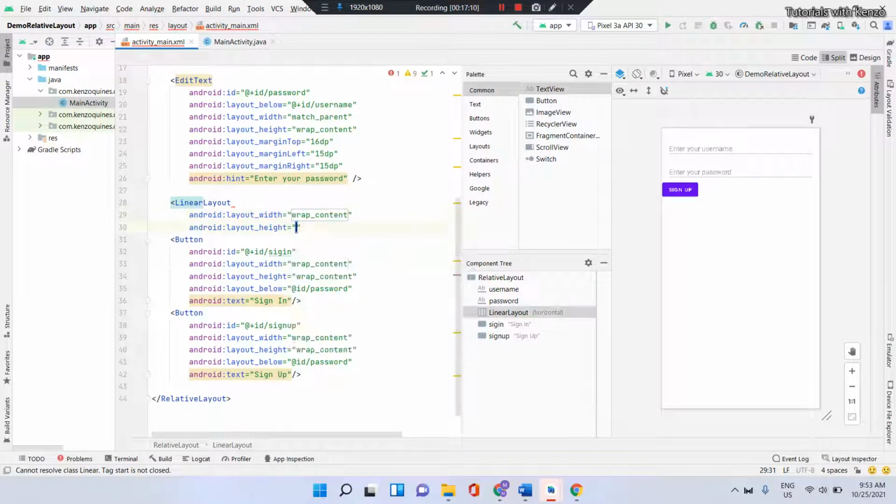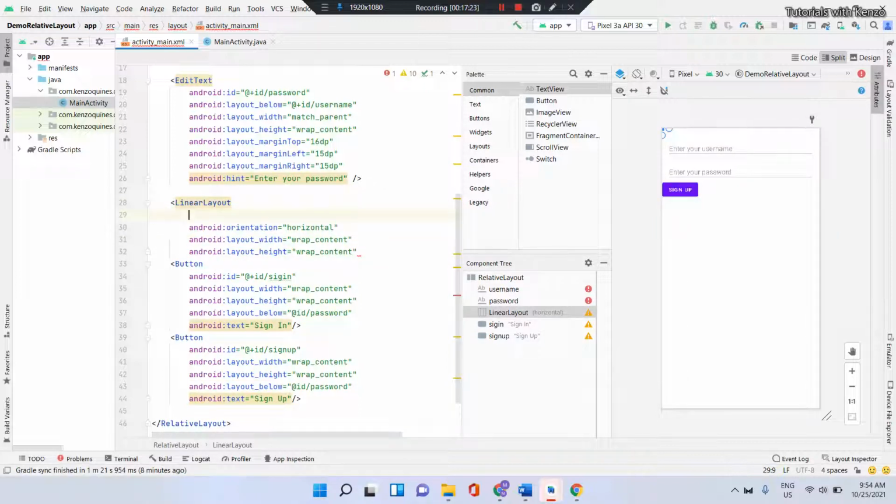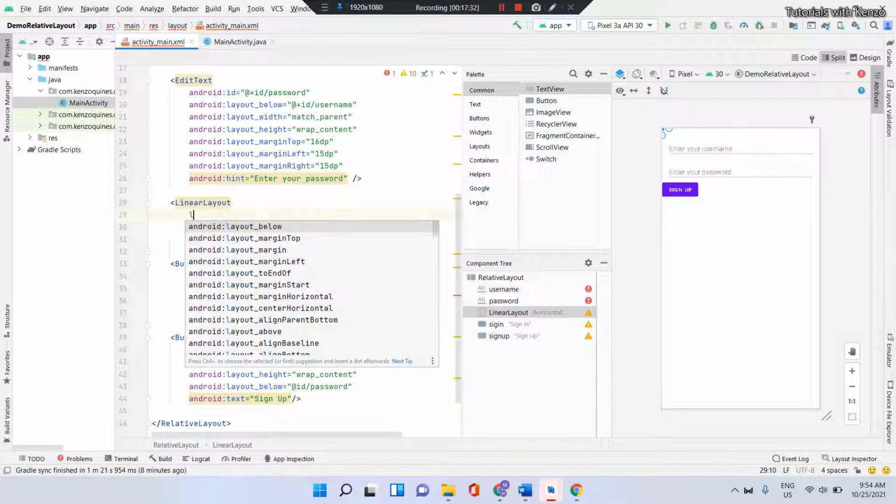Okay, and wrap content, and then let's put orientation to be horizontally arranged. And then ilalagay natin dito si linear layout ay nasa baba ng password. So that's going to be layout below